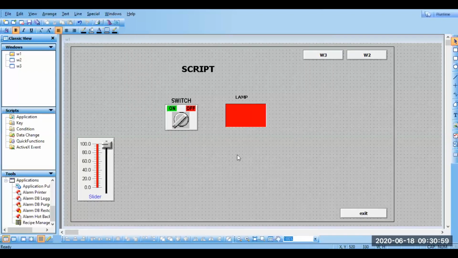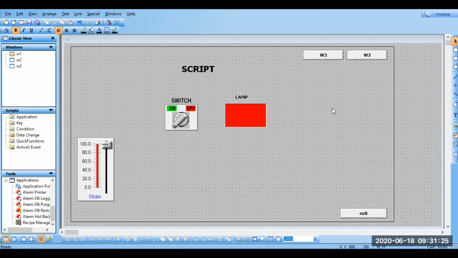Now how do we interlink these two? Whenever I turn on SW1, L1 should turn on. There should be some link we need to give. Whenever you interlink two tags, you need to create a link between them, and that link is script. Script is like writing code or statements for this.